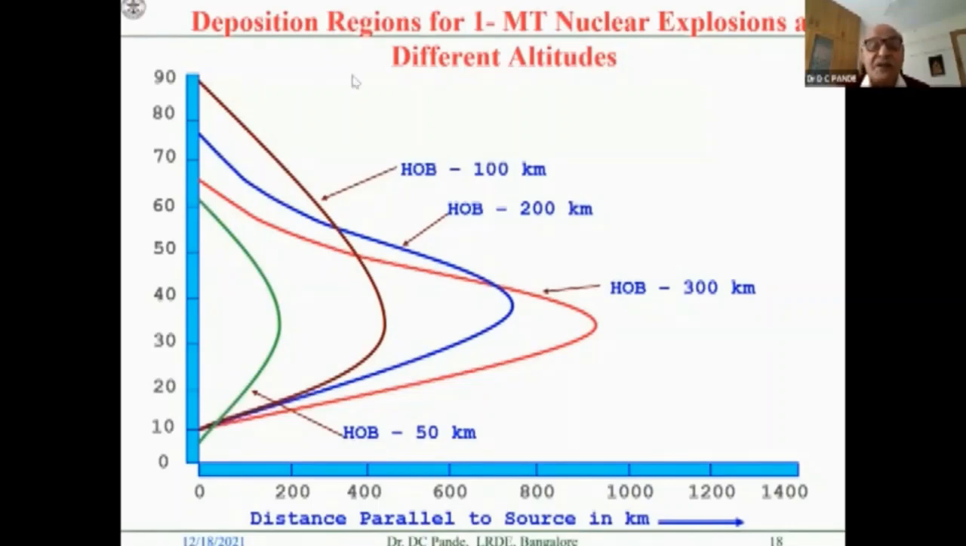Suppose the height of burst is about 100 meters, then the deposition region which forms extends to a distance of about 400 meters. If it is about 200 meters, it forms around 650 meters. And if the height of burst is 300 kilometers, it reaches about 1,000 kilometers. So on top of that, the deposition region will be such a large area, about 1,000 to 1,200 kilometers. So then it means that